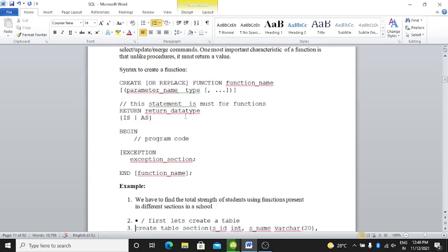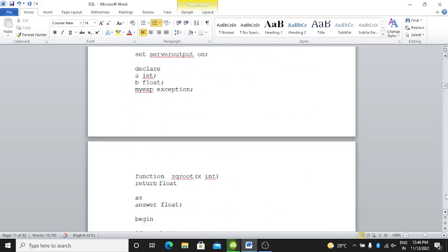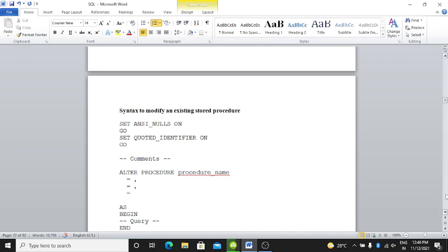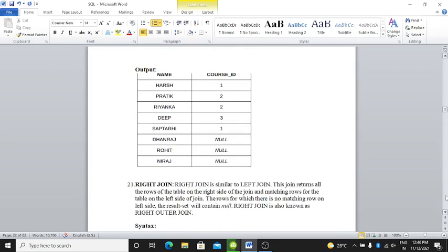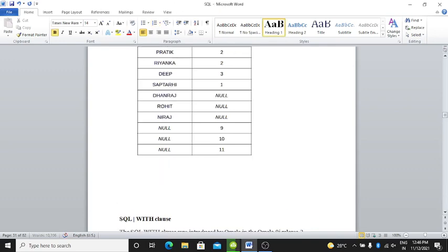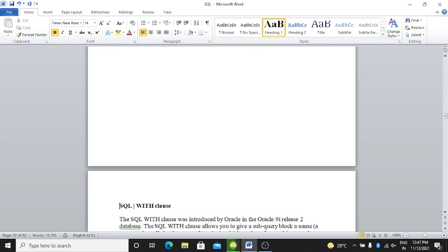You have to go through all the points which are covered today. Then and only then will the further part be understood. Okay, in the next lecture we will start with the next point, that is the SQL WITH clause. This topic we will cover from tomorrow, page number 32.